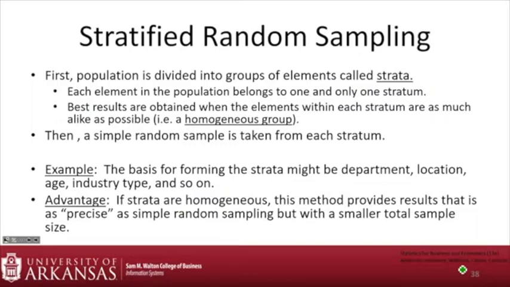If the strata are homogeneous, right, then we can actually get away with a smaller sample size than if we just do random sampling. If I do random sampling, then I want to have my sample large enough that I make sure to get people. But if I stratify, then I just need to have 2 from this group, 2 from this group, 1 from this group, and now everybody's represented.